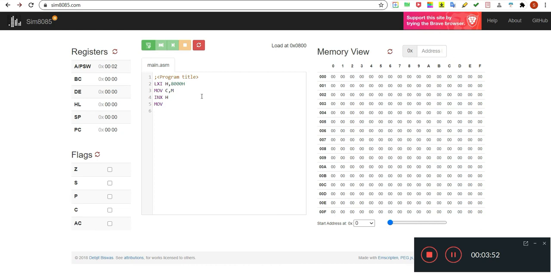Then MOV B, M moves the content of the memory location to register B.